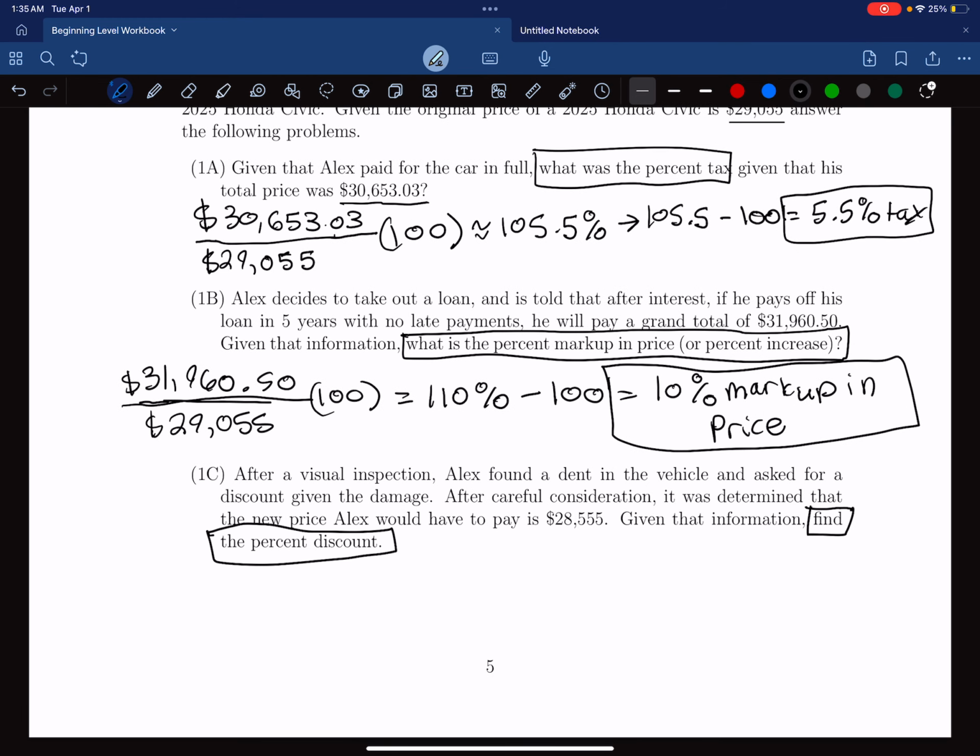And to do that, we're going to use the same equation. So as we see, our original value is $29,055. And then in the numerator, our new number is 28,555. So 28,555, we're going to multiply that by 100. And that is going to get us approximately